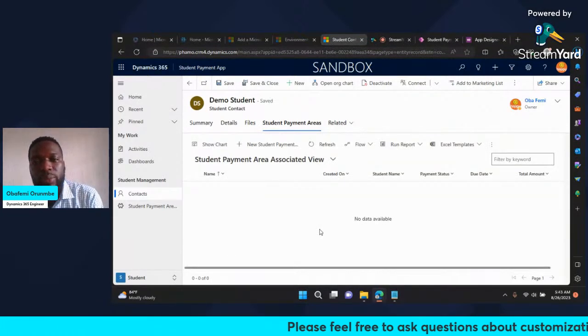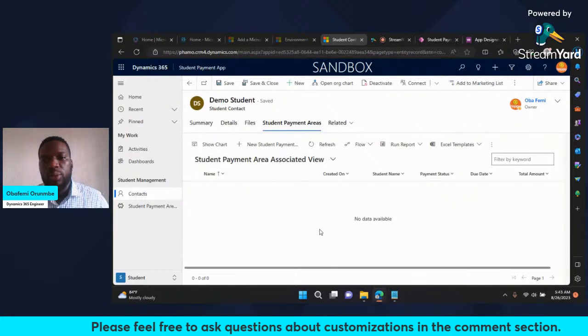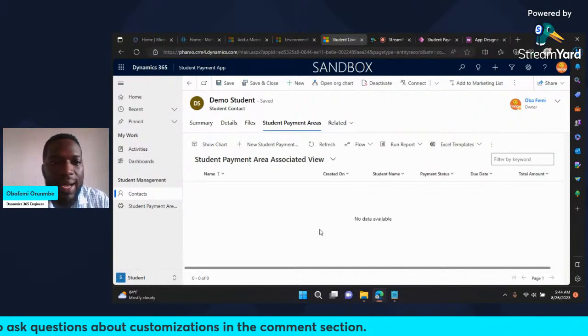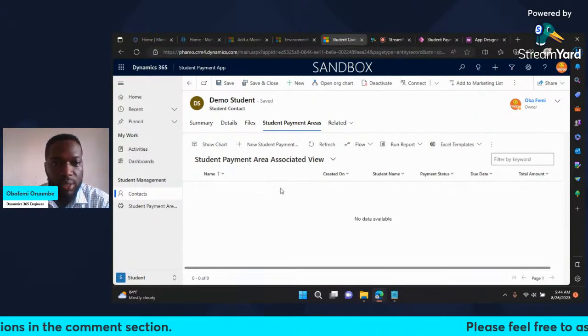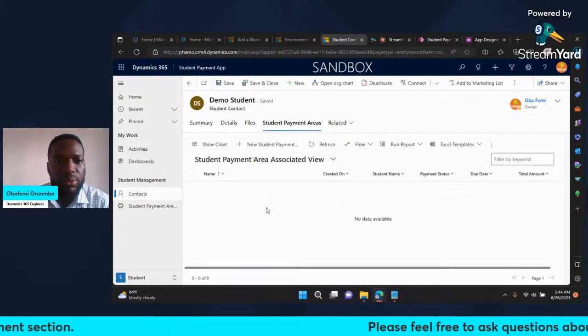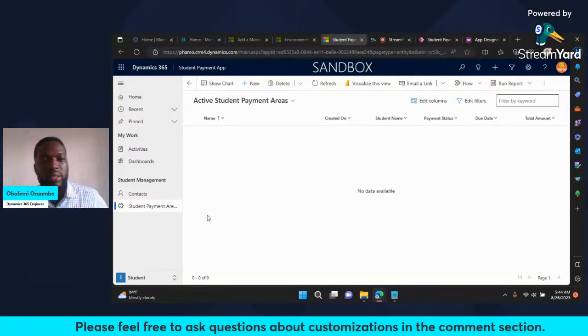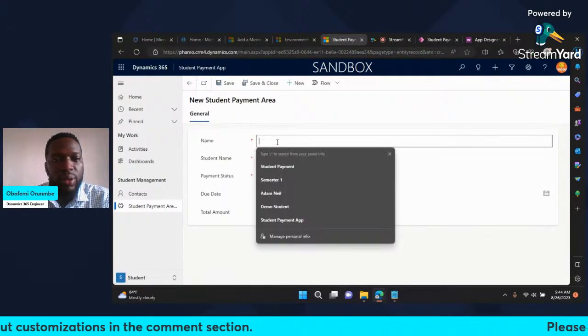I mean, the student payment area. The student payment area here is supposed to give us the payment information as it pertains to our student, the demo student, right? Okay, so we can add a new payment here, or we can go here and create a new record. So basically, if you go and create a new record,